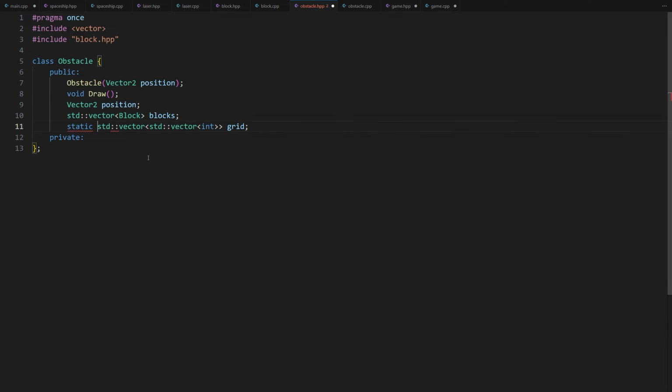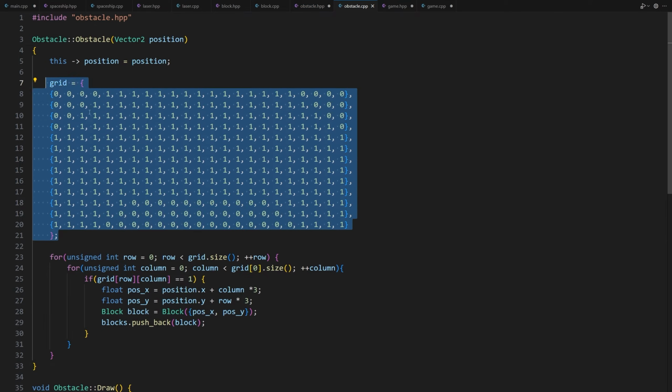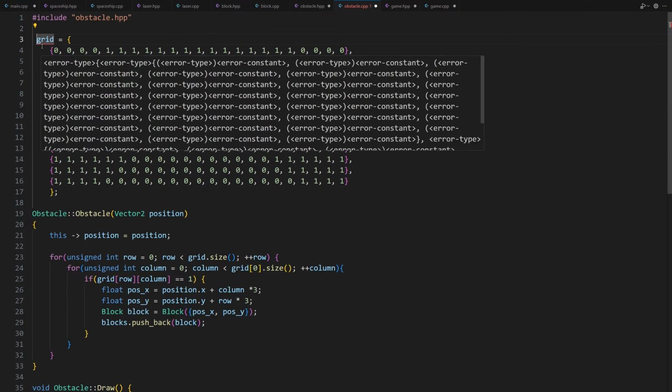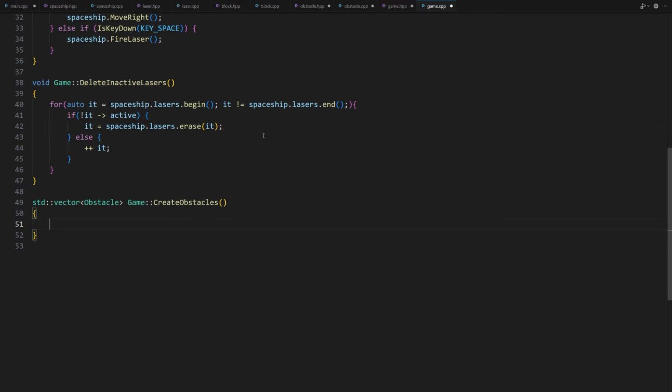But we still have to initialize it, else it will contain no information. So in the obstacle.cpp file, we move the initialization out of the constructor. And we also have to add the type. That's it. Now the grid attribute is accessible to the game class. So back in the game.cpp file, we need to find how many columns the grid has.